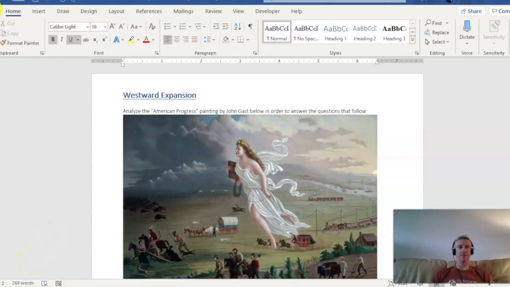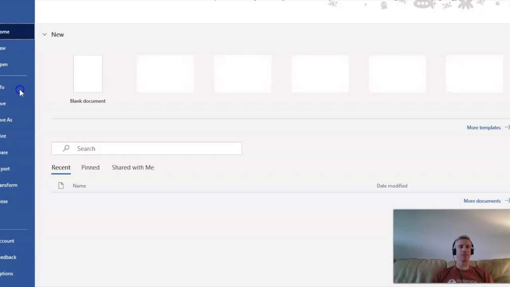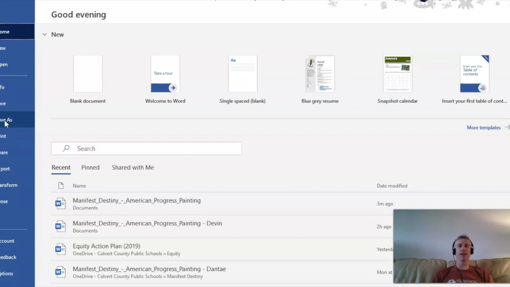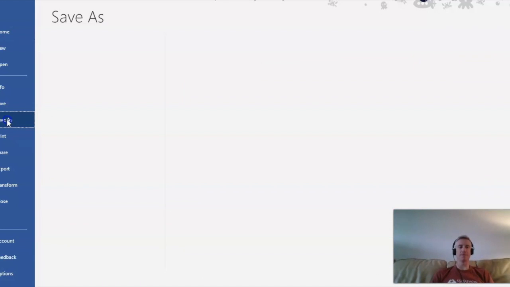When you click file, you'll see the file button right here. Once you click that, it opens up a little bit differently. You can see you have these options here. You want to click Save As. In some of your cases, it's Save a Copy because you might be doing it in Word Online. But it's Save As, and then when you click Save As, you're going to see that you're going to have